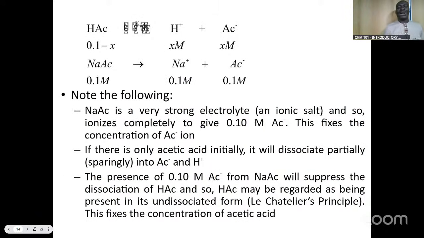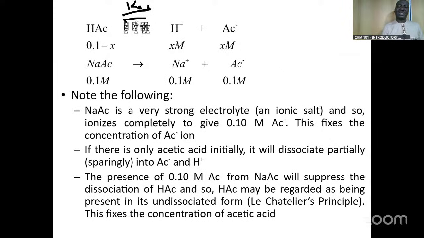Okay, so we have acetic acid. The acetic acid, being a weak acid, will undergo this. Let me rewrite this better. What you have there is an equilibrium sign with Ka on top to indicate a weak acid. All right, so this is what we have there. So for acetic acid,